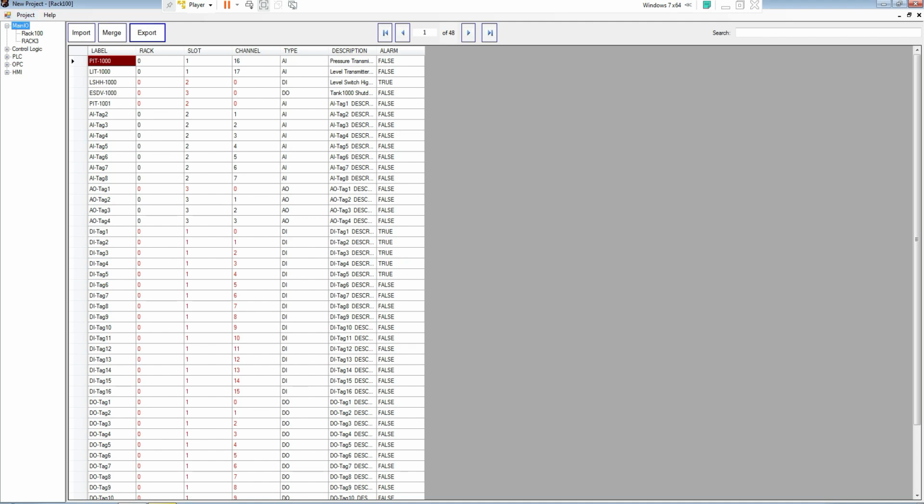So that's pretty much about the main I/O. And as we progress through the other sections, we are going to see how this main I/O plays a role in